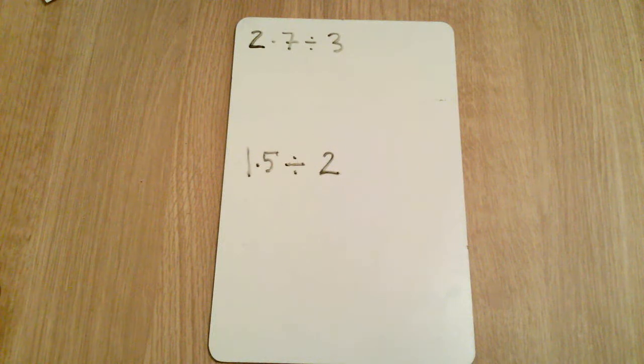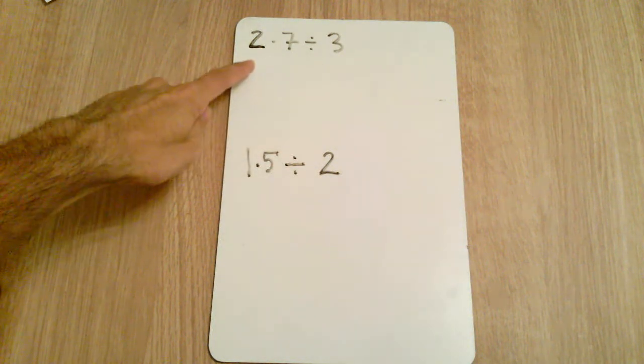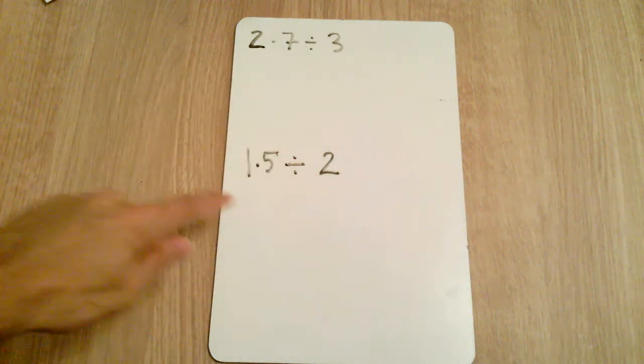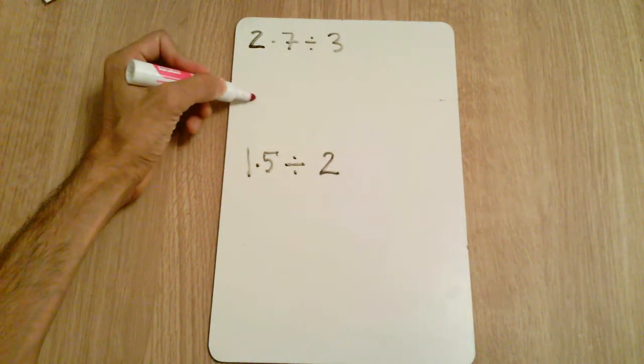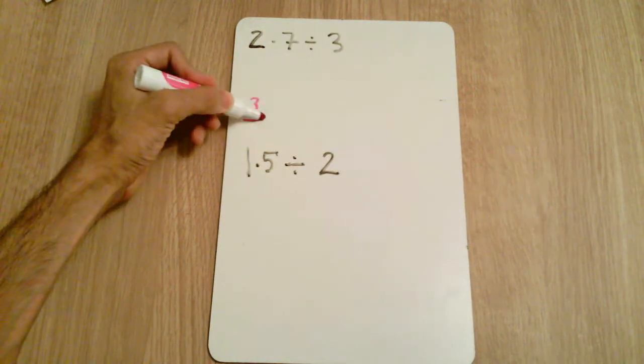In both of these scenarios, 3 is less than 2.7 and 2 is less than 1.5. That means our answer is going to be less than 1. Whenever you do any decimal division by an integer, we simply do our normal division via the bus stop method of 3 into